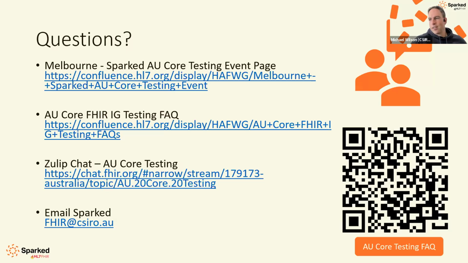That's pretty much the summary of what's going on the day. The event page, the one I've already put the link to in the chat, is your primary jumping point for anything else around that. There's a testing FAQ, and a Zulip chat channel as well. If you've got any questions prior to the event, during the event, or after the event, you can post them on the Zulip chat, or send an email to fire@ciro.au. We're happy to answer them through any of those channels. I'm also happy to take questions now if anyone has anything else they want to ask about the day while we're here on this forum.